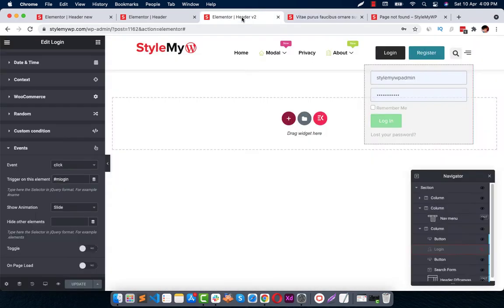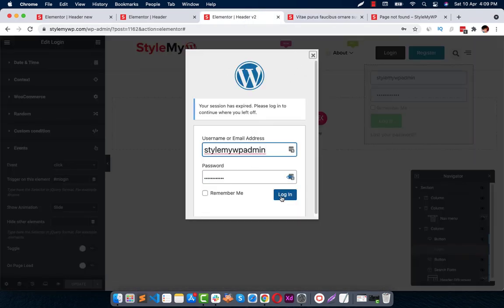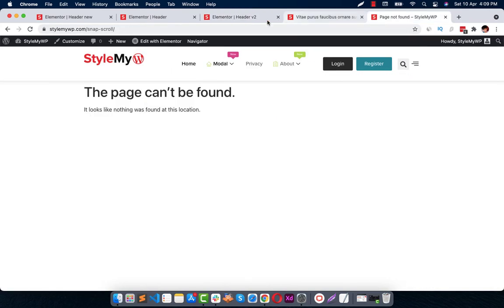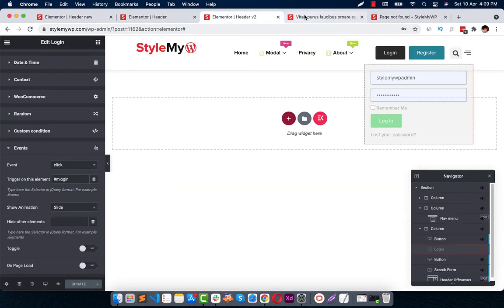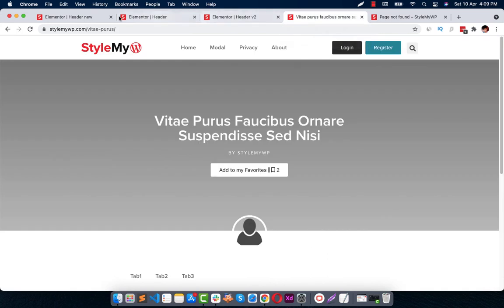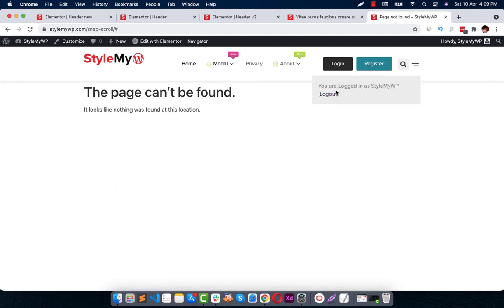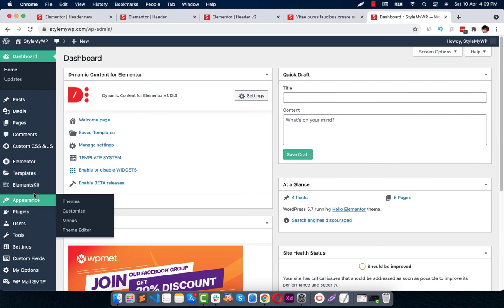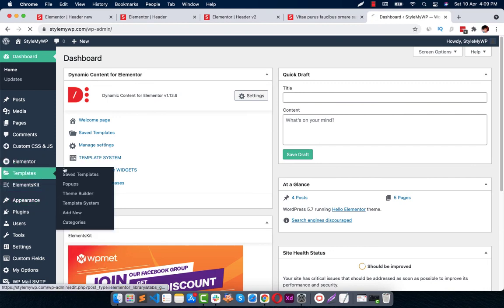For the footer, things are pretty much the same. In the footer, I can show you some more of the templates. So let's get back to our dashboard first. Let's quickly get back to templates.